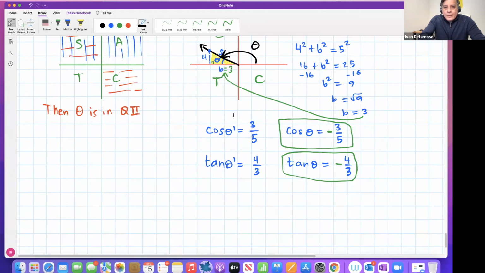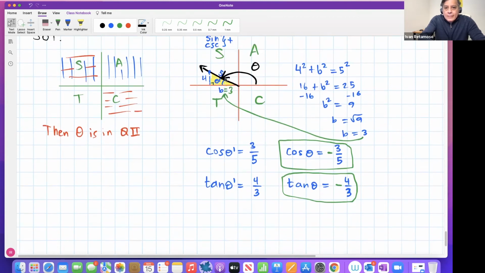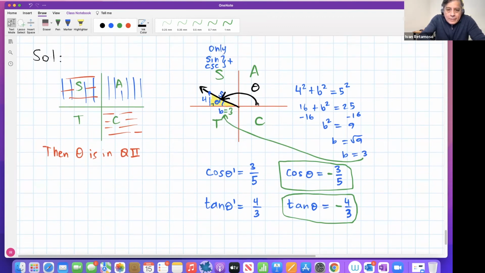Yes, yes, very, yeah, we use that. We don't have R here, right? We actually could, R could be 5. R is known. What I'm trying to do is here first, look, the angle is on the second quadrant. It's not a small angle to work with, right? The angle could be in the second quadrant, could be in the third quadrant, could be in the fourth quadrant,